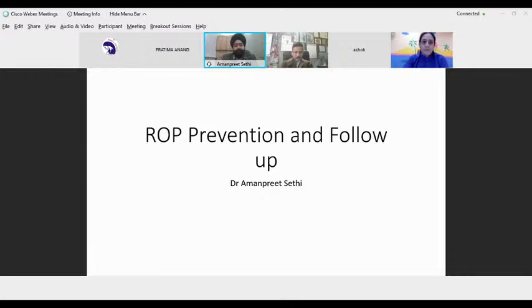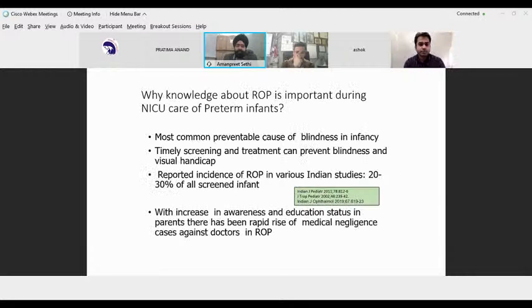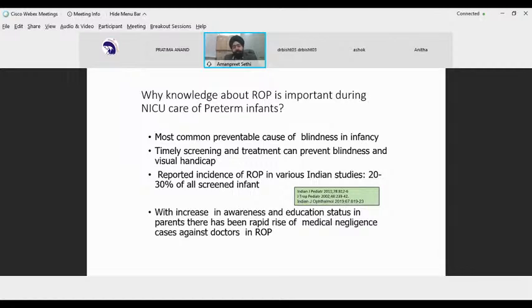So the basic essence why this module was included in the preterm care, because ROP is a very important common cause of preventable blindness in infancy, and all the NICU care staff should know about retinopathy of prematurity. It is preventable cause of blindness, because a timely screening and treatment can prevent blindness and visual impairment. And the reported